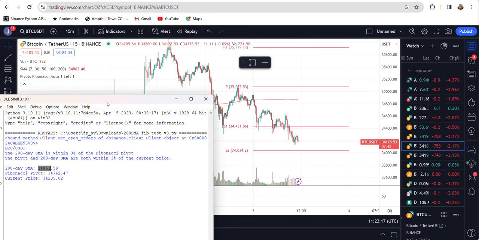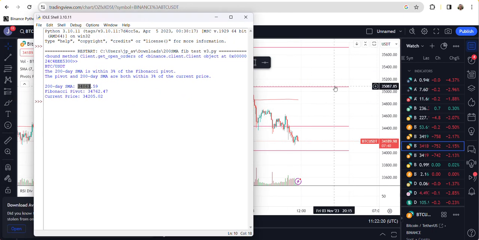Now mine is slightly different on my TradingView chart, because I think whoever's made this script is using a slightly different calculation to me. So you can see that is actually slightly different. And then the current price, just pretty much there. It's obviously changed slightly since I ran the program. So what this is telling me is all these values are within 3%, and the price is within 3% of them. So you'd look at your system on how you're trading or doing whatever you're doing with it, and you think, okay, is this in a good position to trade at the moment? Right, so that is how to do Bitcoin.